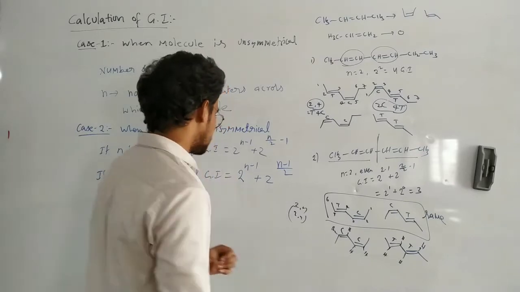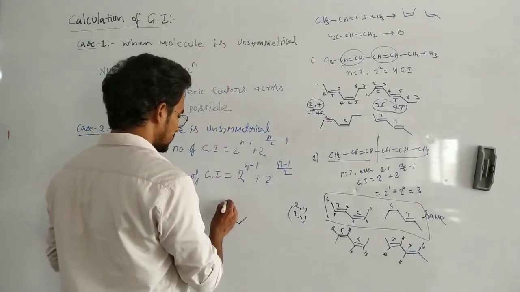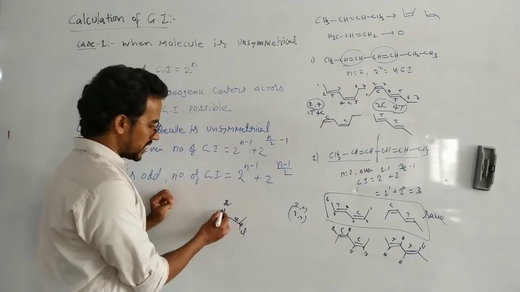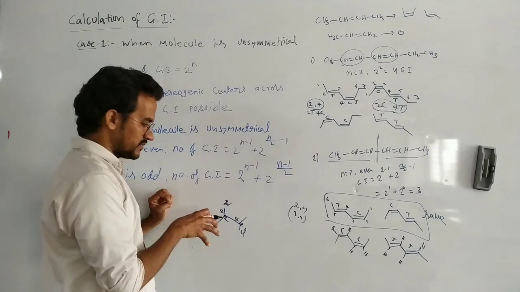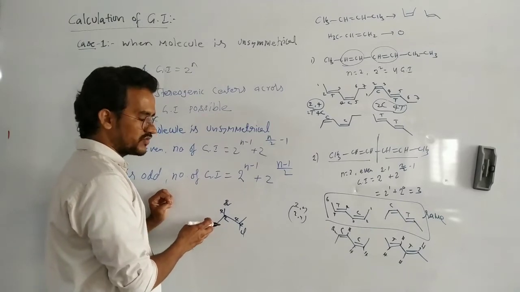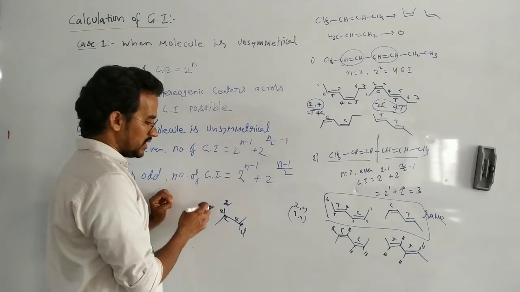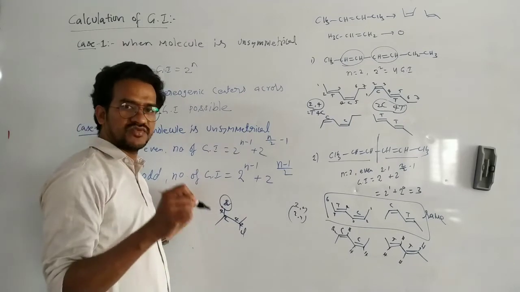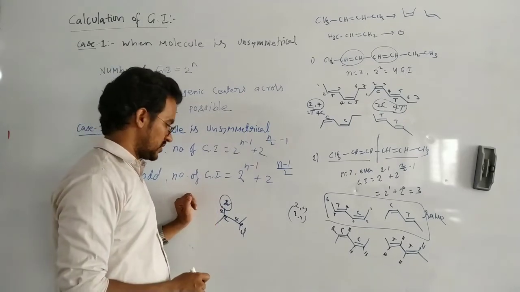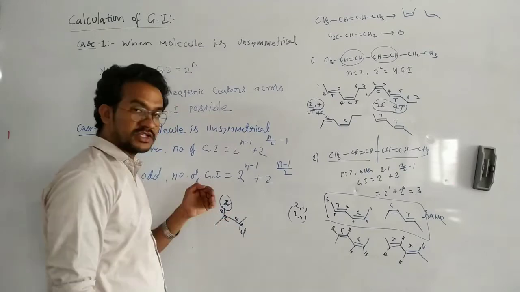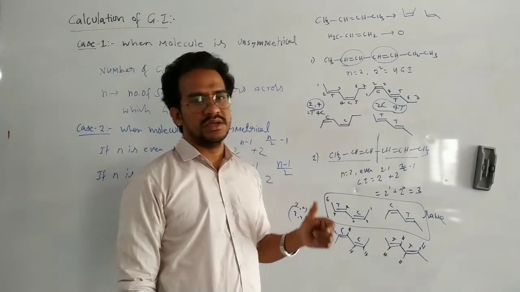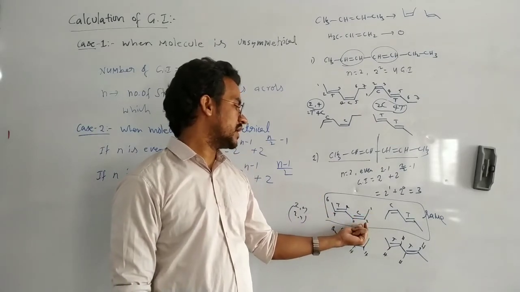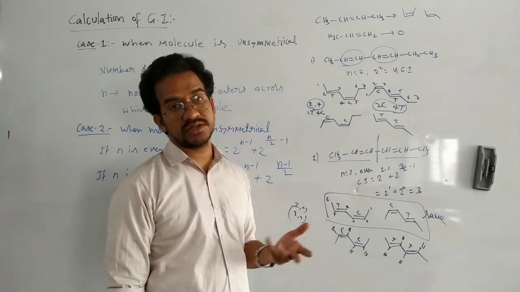Cis double bond. For example, in nomenclature, this is a bromine and this is a chlorine. If you start from this side 2, 4, if you start from this side 2, 4. In this case, we have to start the numbering from the side in the direction where the substituent which comes first in alphabetical order should get the least number. So we start from the bromine side because B comes first. Similarly, in cis trans, C comes before T. That's why we start the numbering from the cis double bond side.